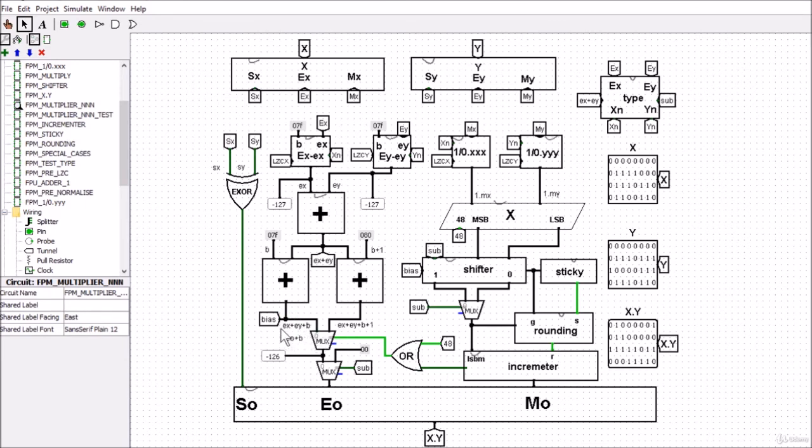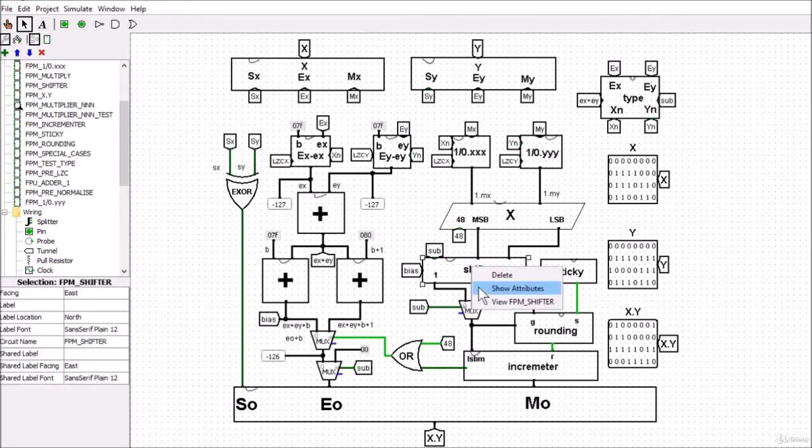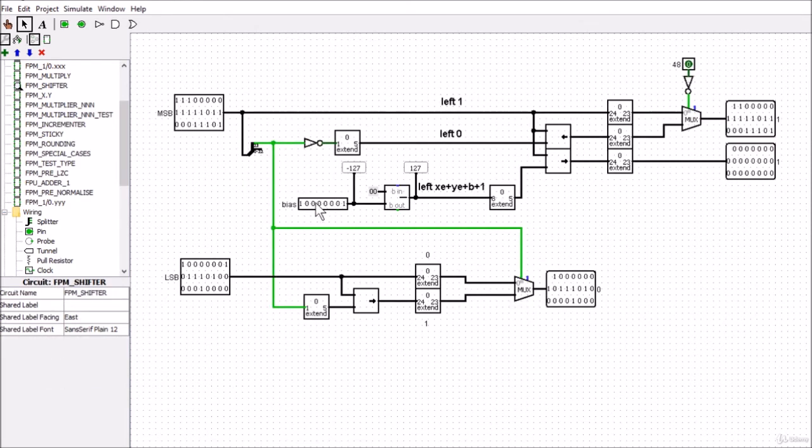So if we take this, and remember this is a negative number, we take it in here and put it through the negation so it becomes a positive number. And what we can do is take that positive number, and remember here it's 8 bits, so we have to change it to a 5-bit in order to get into our